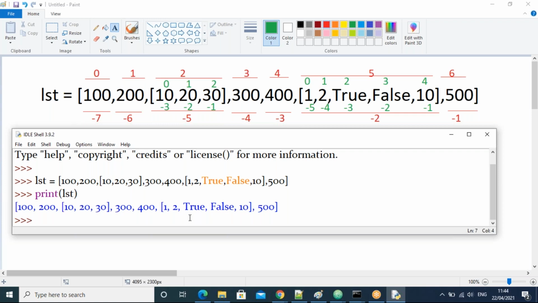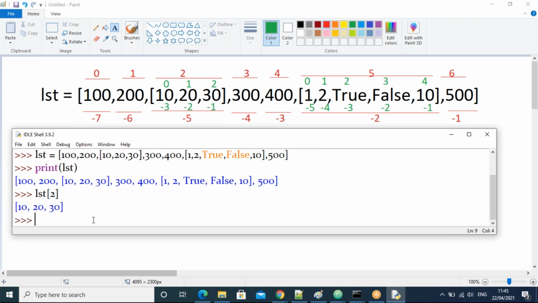Yes, guys. See, actually, what is the main list name here? LST. So 100 is LST of 0, 200 is LST of 1, and this is LST of 2, guys. LST of 2, what came here?